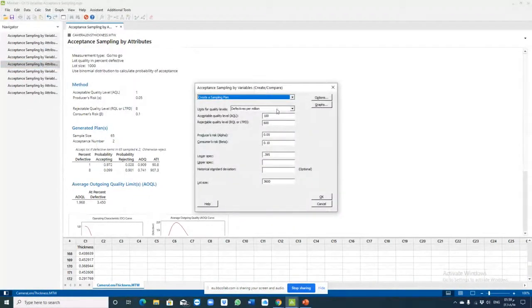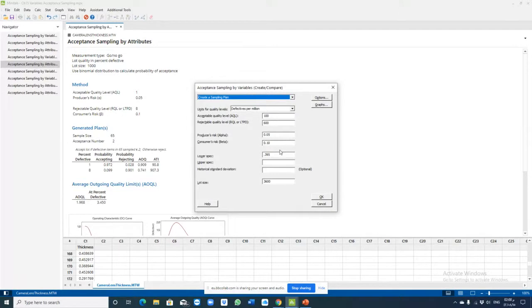So when we go here, it will be the same window. It looks identified from the top window here when you see the acceptance sampling by variable. So you have to identify whether you are using the attribute or the variable. The attribute, we use it when we have attribute information like the previous one. We have a percentage of defectives. We didn't have a specification that is related to a variable data, but we have a pipe thickness, and the pipe thickness is variable data. So we go only to the variable window,